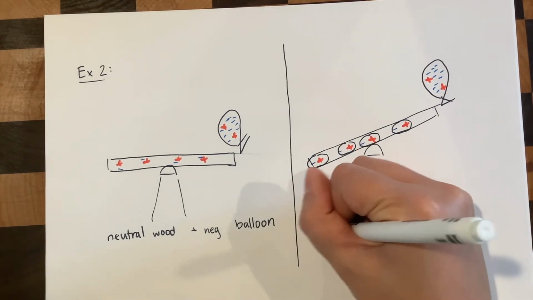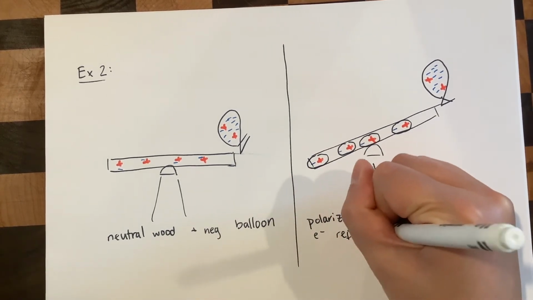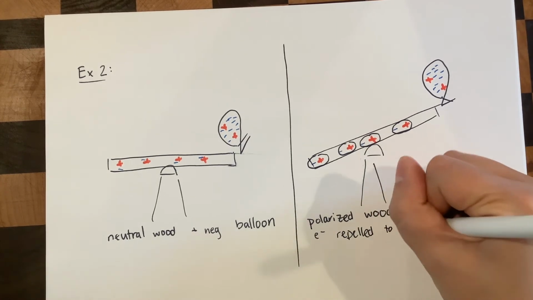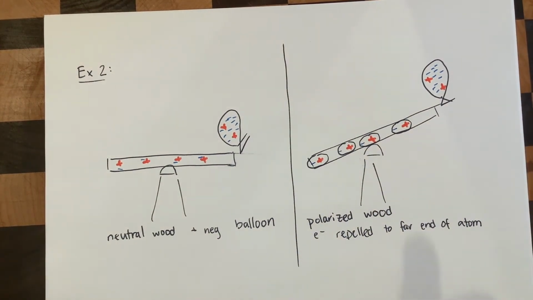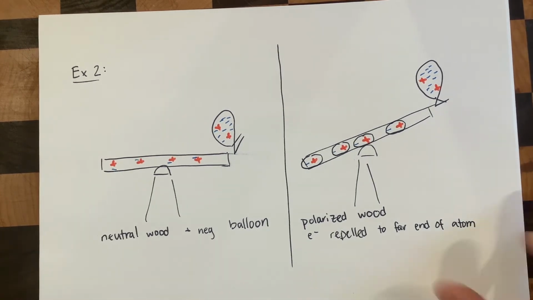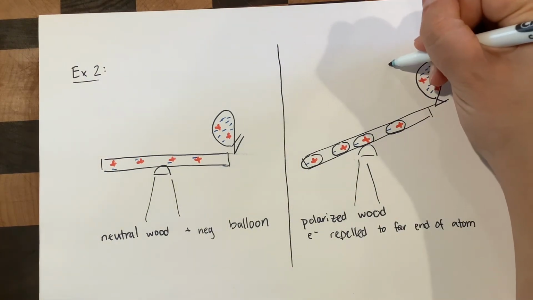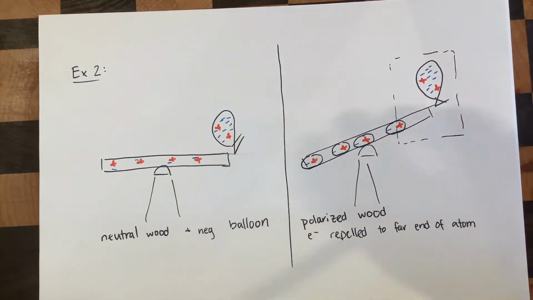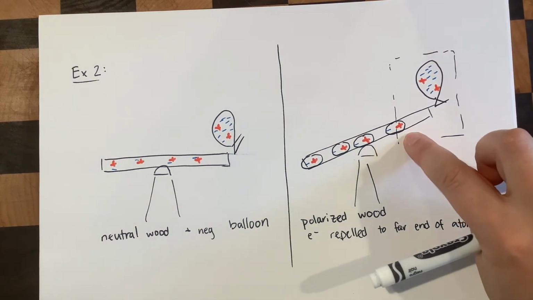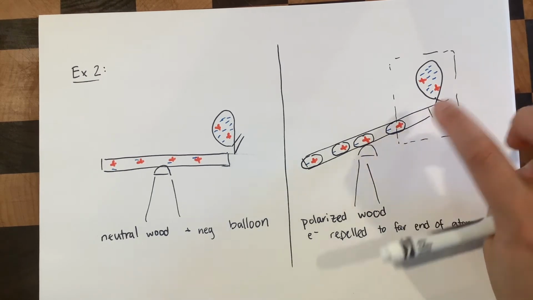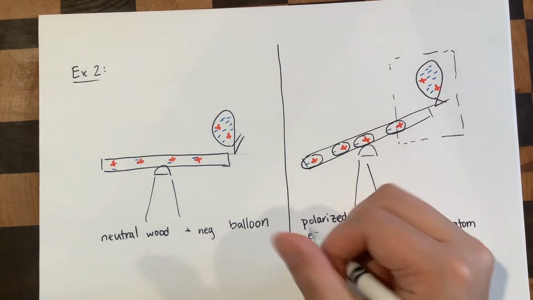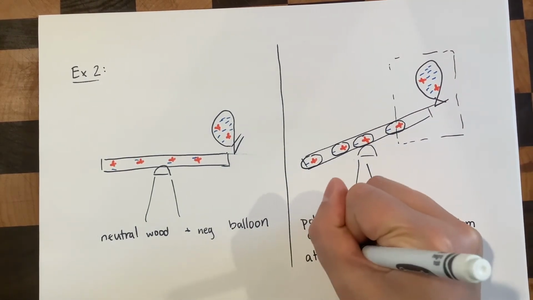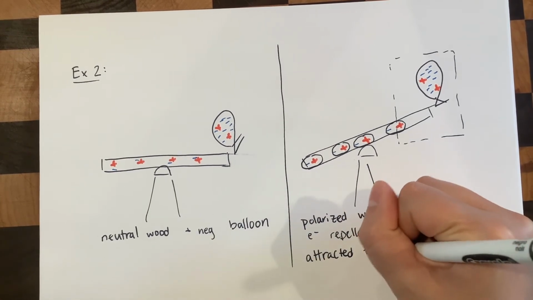Polarized wood, electrons repelled to the far end of their own atoms. Because wood is an insulator, the electrons didn't flow all the way to the other side. Now, what does this leave? If I look just at this end of the wood, focus just on this little box, I have a positive end of the wood attracted to a negative balloon. Opposite charges always attract. So the wood is attracted to the balloon,